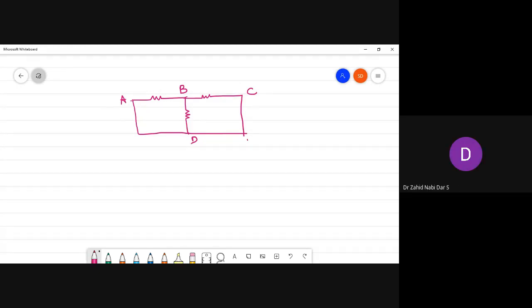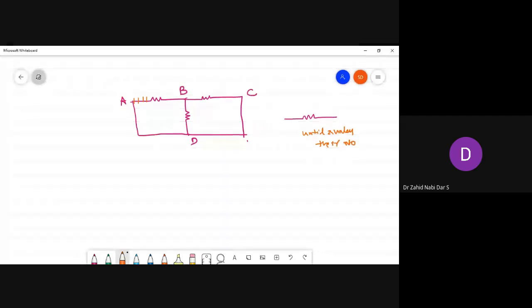Now I want to tell you one thing. Why are you getting confused? See, I'll tell you one thing. If you write A B C D also, see, at this point a resistance is there. This point till here it is A point. So my concept is that until and unless there is a resistance or any element connected, whether the junction will change, whether the wire will change.